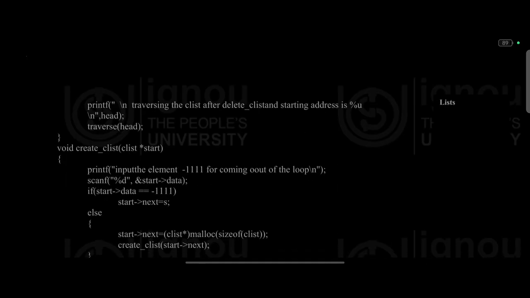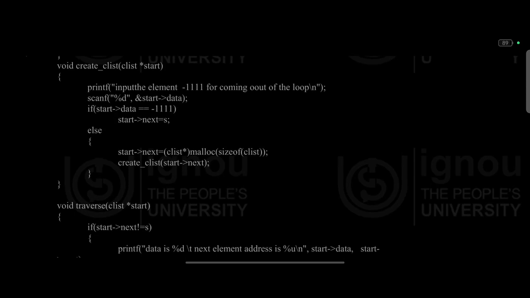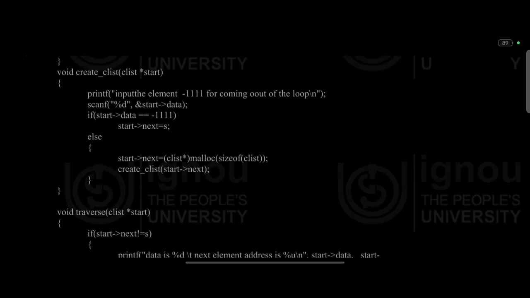%d", count(head)); head = delete_clist(head); printf("Traversing the clist after delete_clist, and the starting address is %u\n", head); traverse(head); } void create_clist(clist *start) { printf("Input the element, -1111 for coming out of the loop